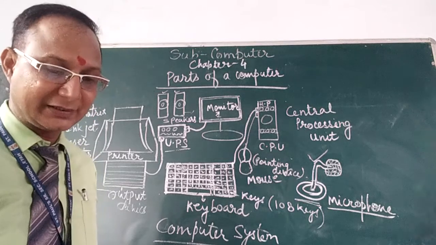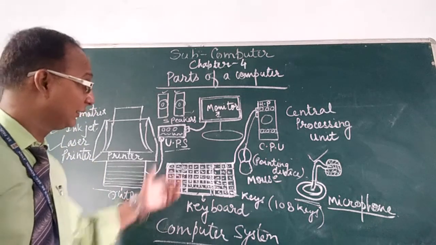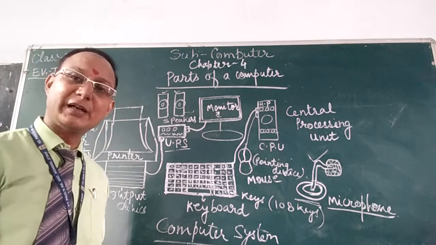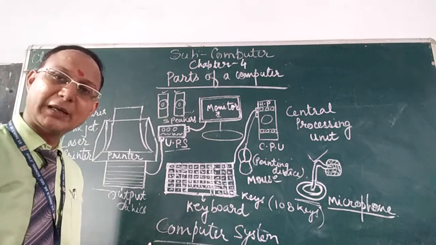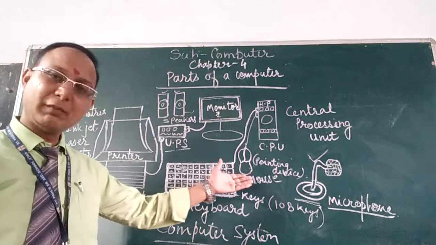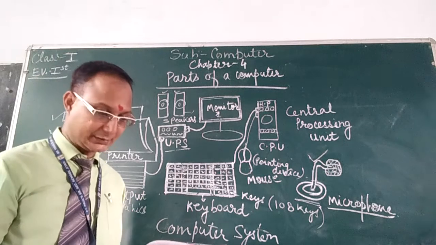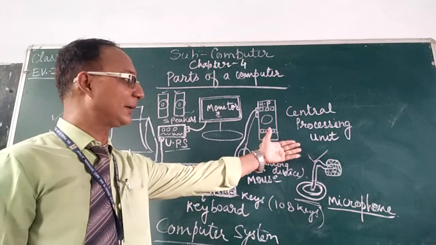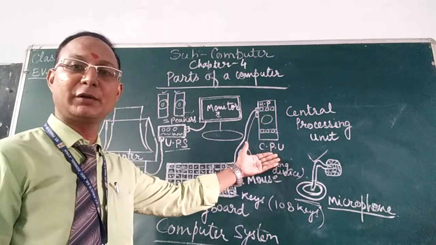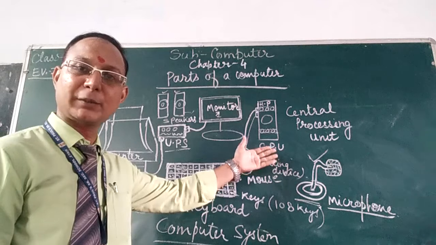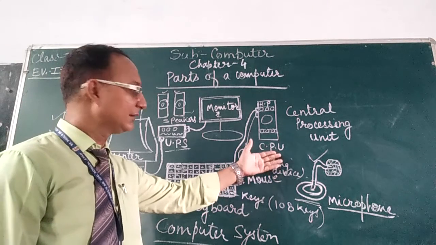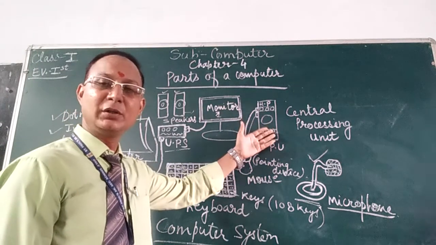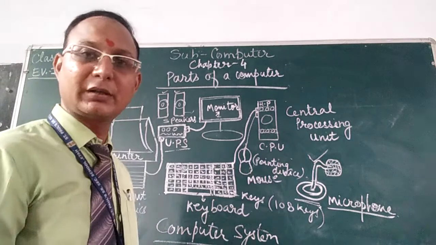Devices which are used to enter instructions into the computer are called input devices. With these devices we can enter any information. How do we enter it? By typing, with the help of the keyboard and mouse. CPU is the brain of the computer that processes the work. What is CPU? That is central processing unit. All the work is saved in it, all the processes are done by it, and all the results are sent to the monitor screen. So everything is managed by the CPU. Okay.